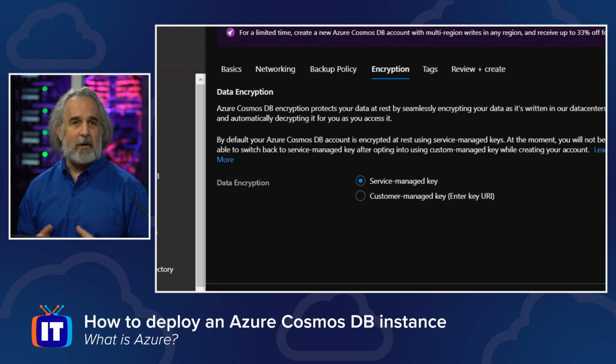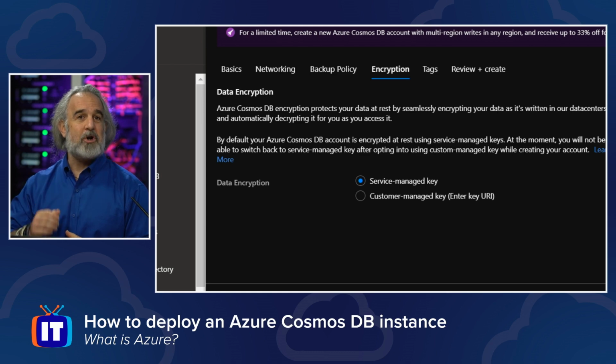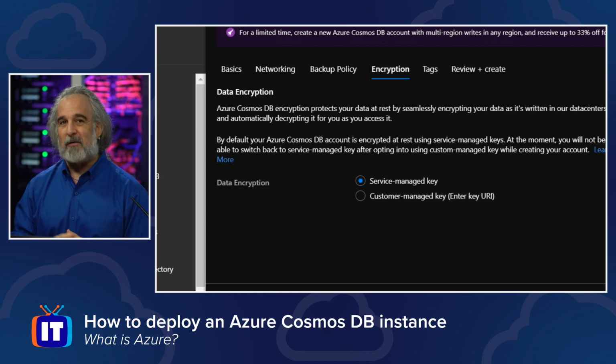And then we actually decide what kind of keys we're going to use, how big they're going to be, how long they stick around, and most importantly, how we're going to store them securely using the Azure Key Vault. And you can check out our episode on the Azure Key Vault in the What is Azure serial if you want to learn more about that service as well. So we make our choices here.